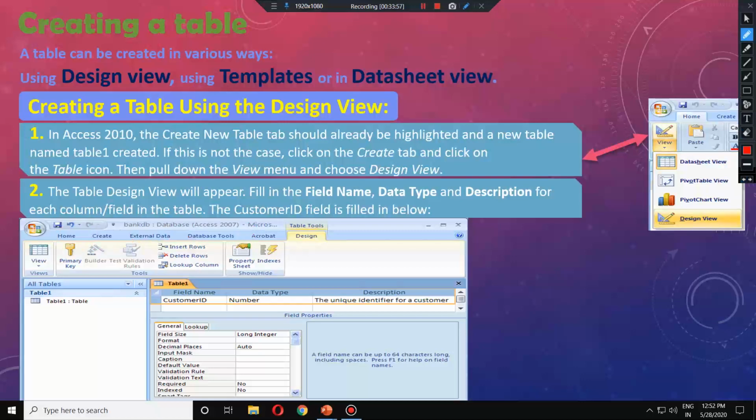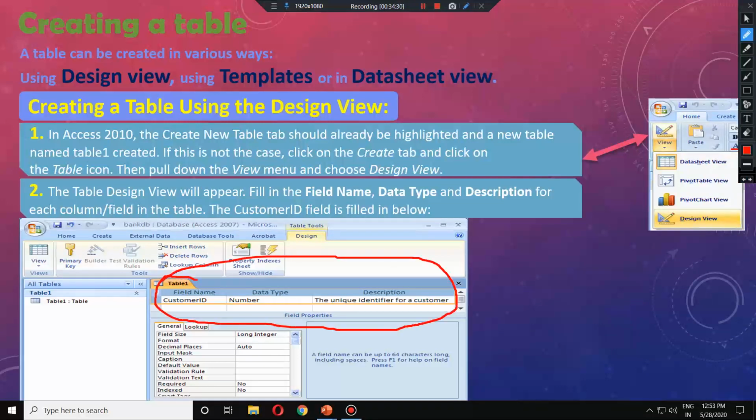If we go to the Home tab, you can see here in View there are four views available, datasheet and others, but we have to go to the design view. As soon as we click on design view, our table will come like this. Can you see here? The table's name automatically appears as Table1, which we can later save as any other name, but by default it comes as Table1, Table2.